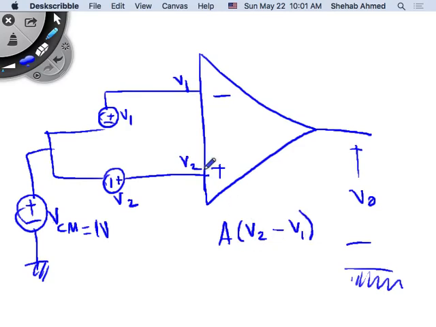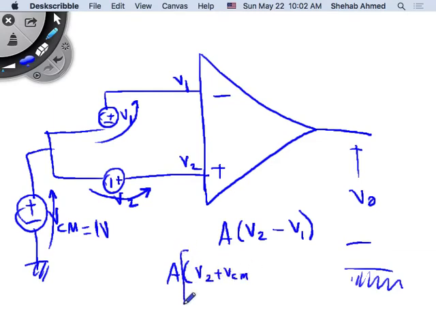So what is V2 equal to? It's V2 with respect to ground, right? So V2 is this voltage plus this voltage, and V1 is this voltage plus this voltage. Sorry, I should have called it something else. But it's equal to V2 plus VCM, right? Minus V1 plus VCM,